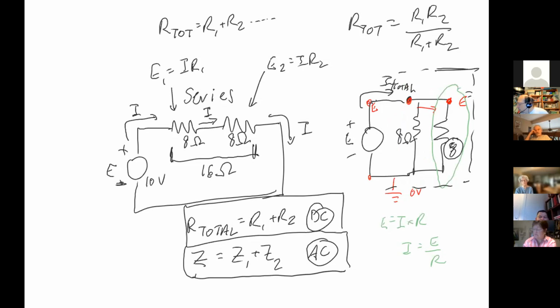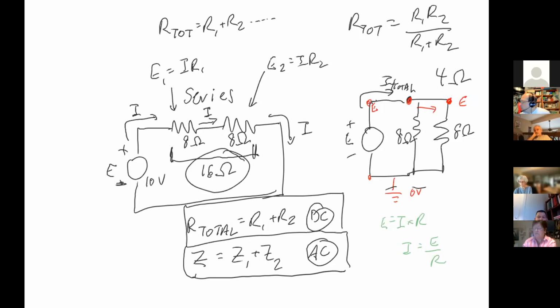Actually, we're going to erase that part. There we go. Okay, if I have that, and now that's two 8 ohm resistors, what is my combination equal to? How many ohms? 4 ohms. 4 ohms. Okay, this is actually really important when you're dealing with audio circuits, because if you have speakers that